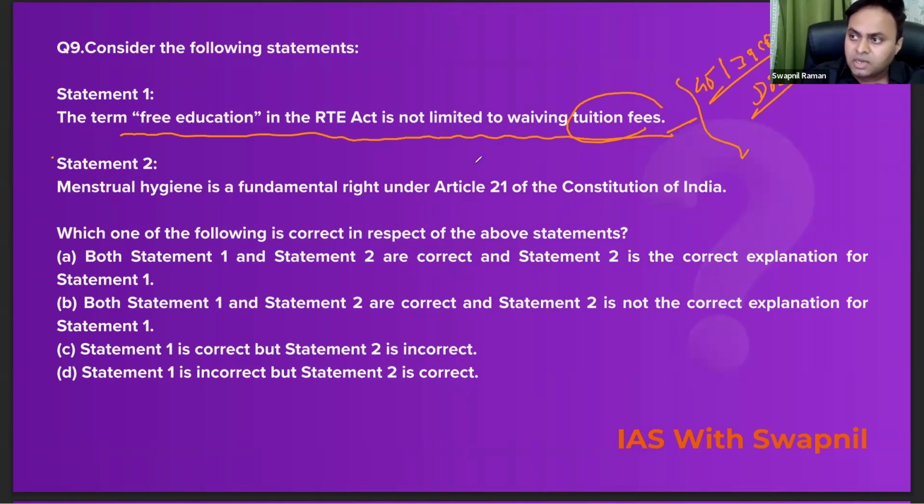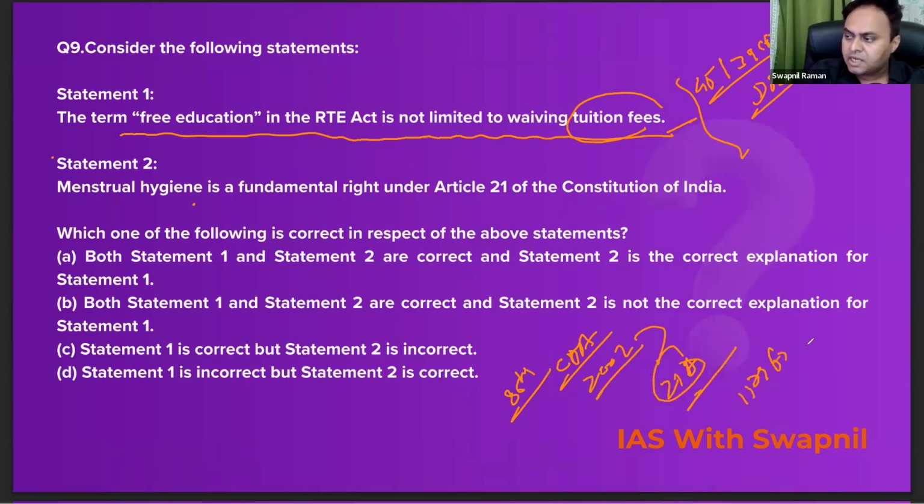So Supreme Court in Unni Krishnan versus State of Andhra Pradesh in 1993 ruled that right to education is part and parcel of Article 21, means it is a fundamental right. Clear? चलिए उसके बाद what happened? उसके बाद में the Parliament of India enacted the 86th Constitutional Amendment Act 2002 and inserted Article 21A and also inserted the 11th Fundamental Duty which talks about the right to education. Clear? उसके बाद क्या होता है? उसके बाद में the Parliament came up with the Right to Education Act in 2009 which was enforced in April 2010, right?